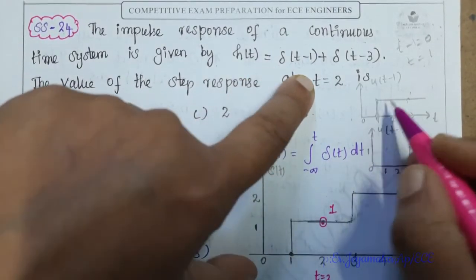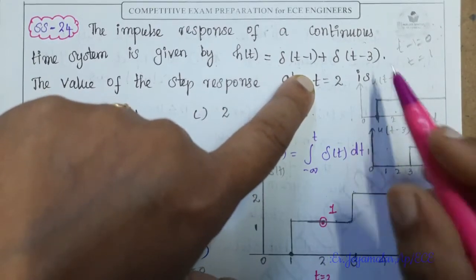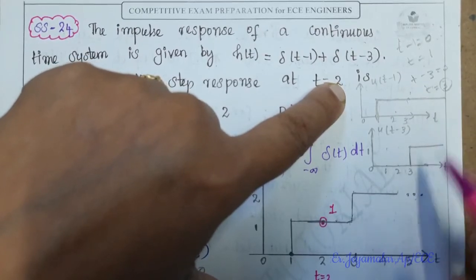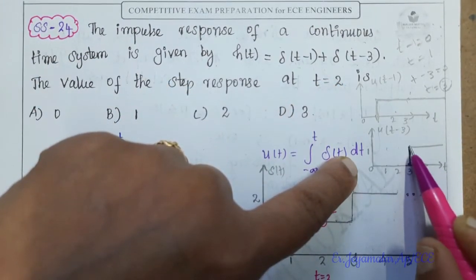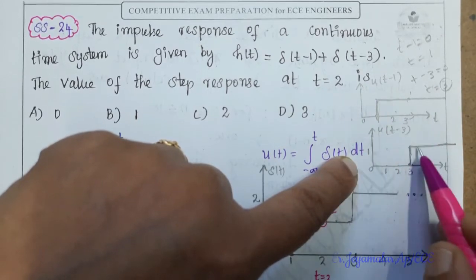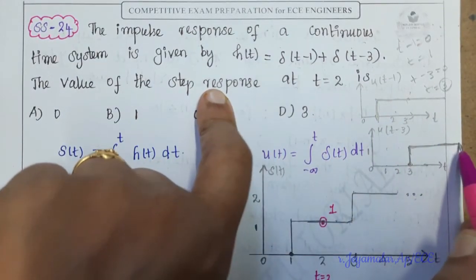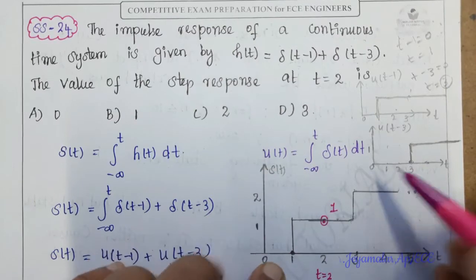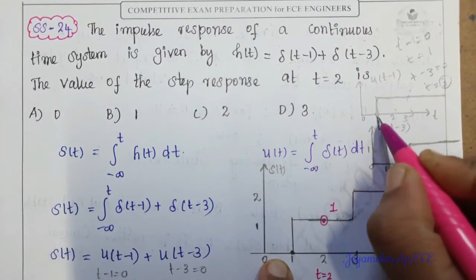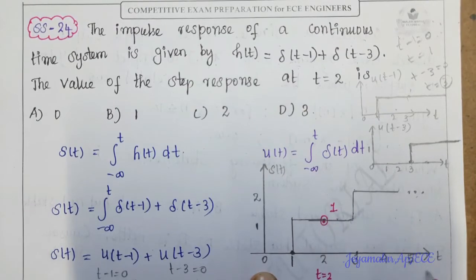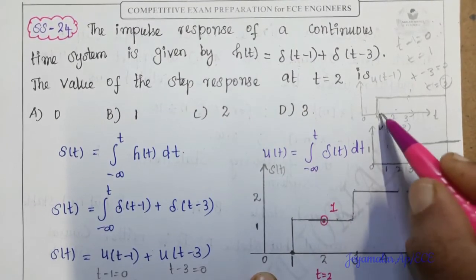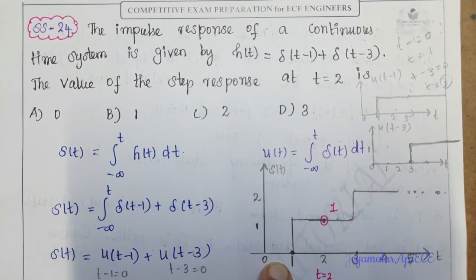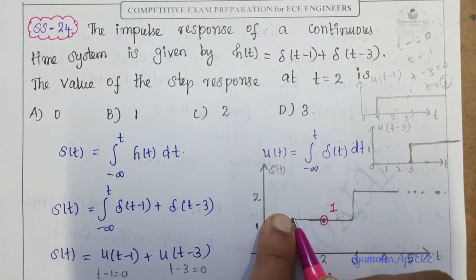After that, the value goes on like this. Second function, t minus 3 equal to 0, so t equal to 3. 3 is the starting point, and the amplitude is 1, because of the delta functions, step functions. The output is like this. Both functions are to be added. Let me check. See the 0. The waveform starts from 1, so plus 1 to infinity. At point 1, the amplitude is 1, and the other amplitude is 0, then 1 plus 0 equal to 1. So the amplitude is 1. After that, it goes on like this.